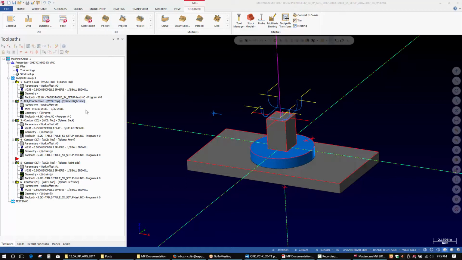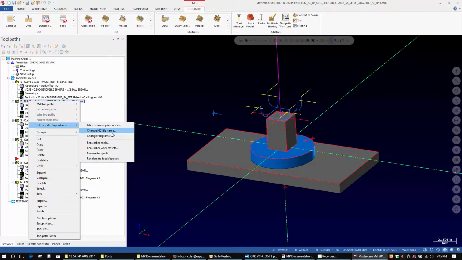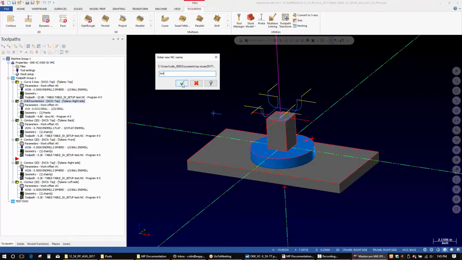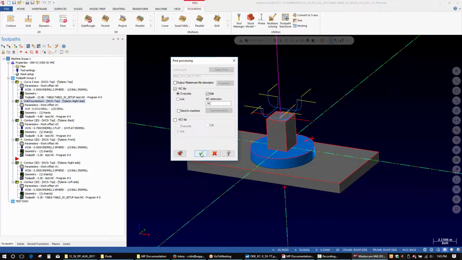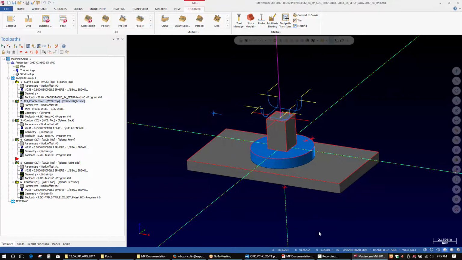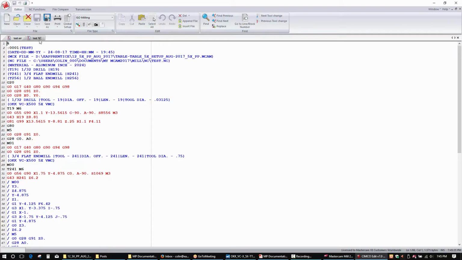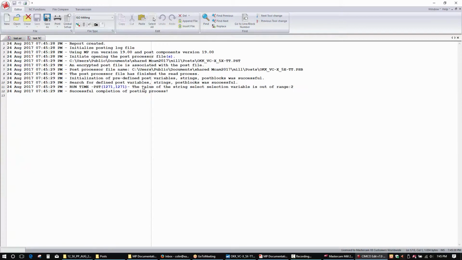First of all, let's do this. Oh, so what I've got is I've set the default for my string select. No, what? So what happened was